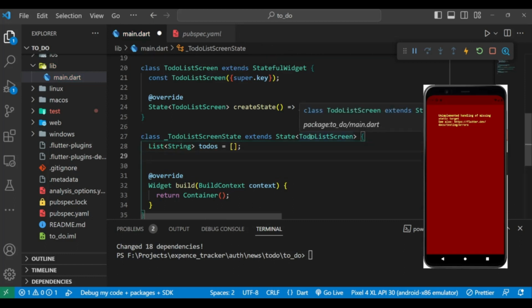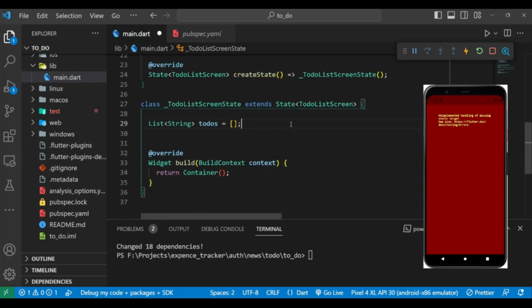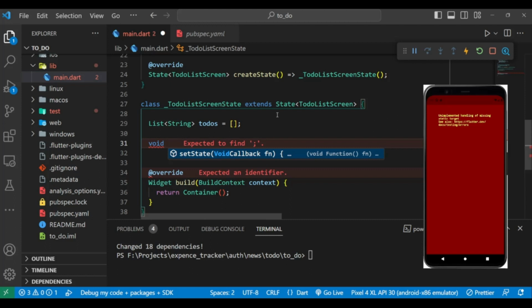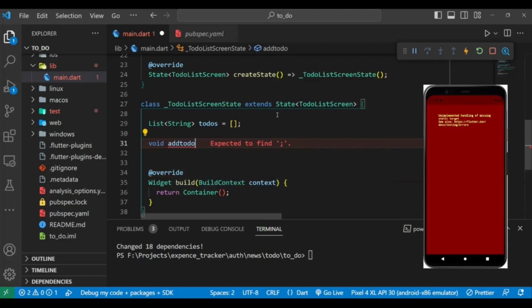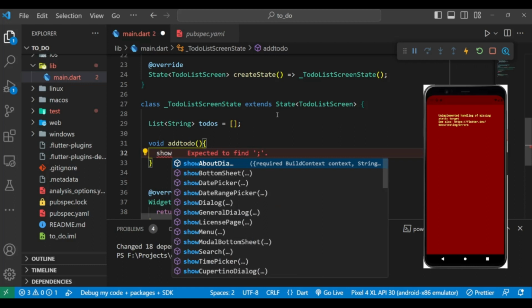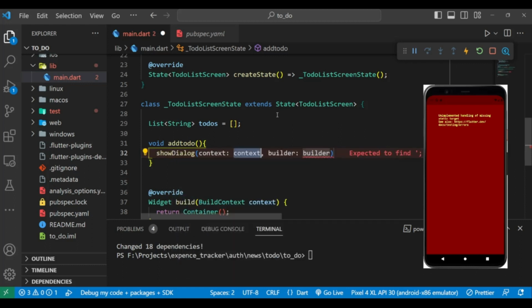after this, we can also make some of the functions or features for that. The first feature we are going to include is a screen or a dialog box where the user can add the to-do task or cancel the to-do task. So for that, let's make a function called addTodo, and inside which will be returning the showDialog function, which will include